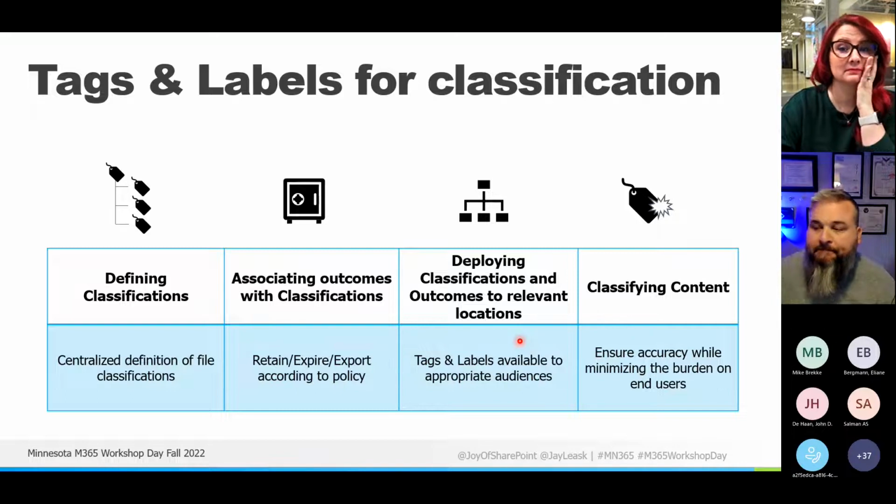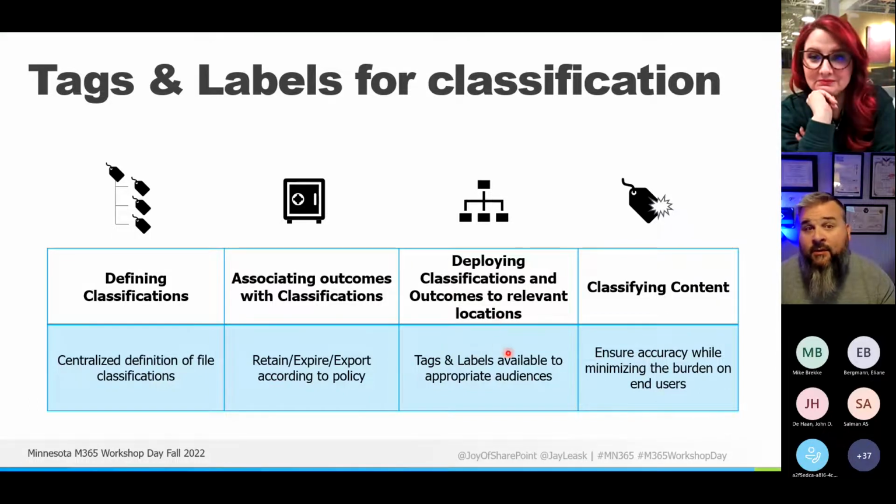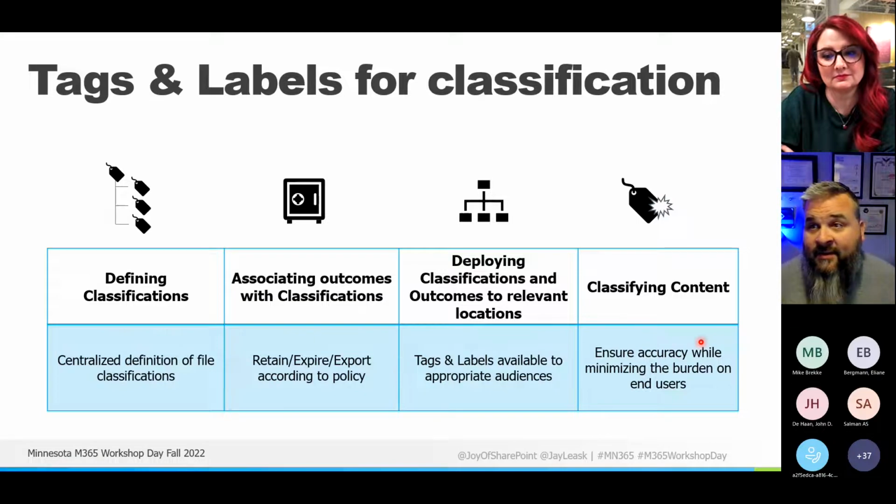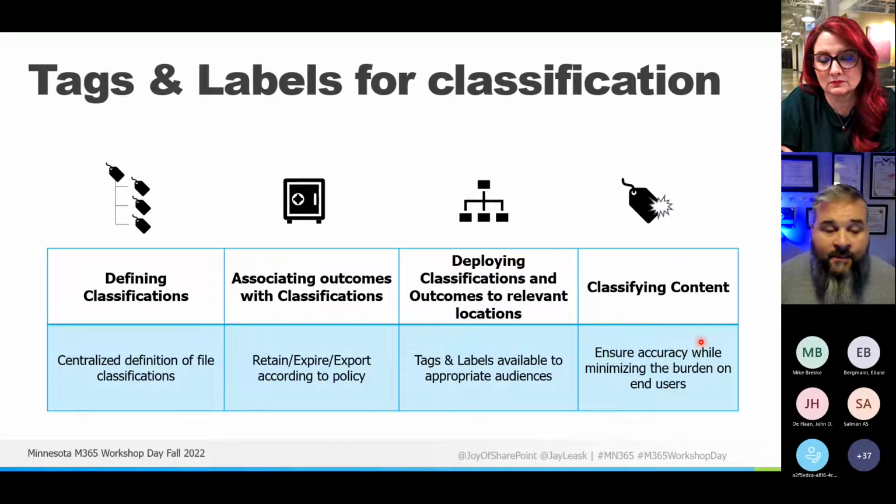All right. And then the last part of this, I can't believe how much we've talked on one slide alone. Classifying your content, you've got to make sure that you are ensuring accuracy wherever possible. So we've talked about deploying it by location as an example. Well, then you need to make sure you're running reports that it's being classified correctly, that someone isn't going in after the fact and changing things they shouldn't.